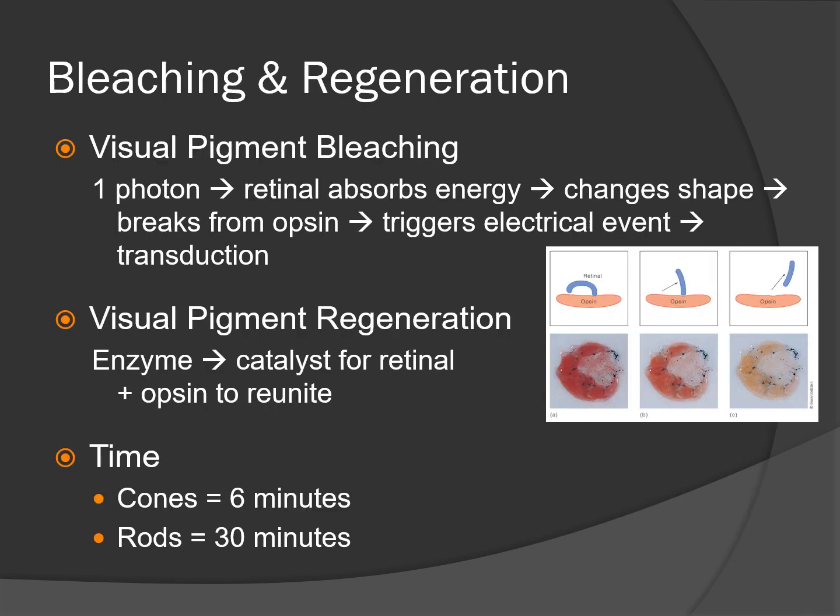What happens then? So if we walk back through this with my little arrows, I often do these, like, here's a really shortened version of everything we just said. So photon of light, retinal absorbs that energy, changes shape, isomerizes, breaks from the opsin, triggers this electrical event. We have transduction,